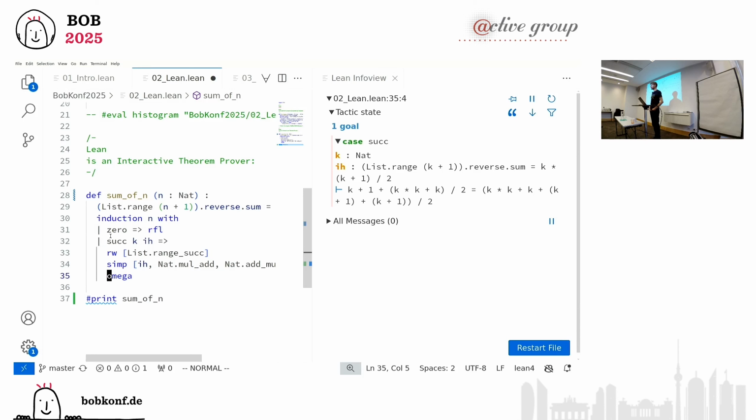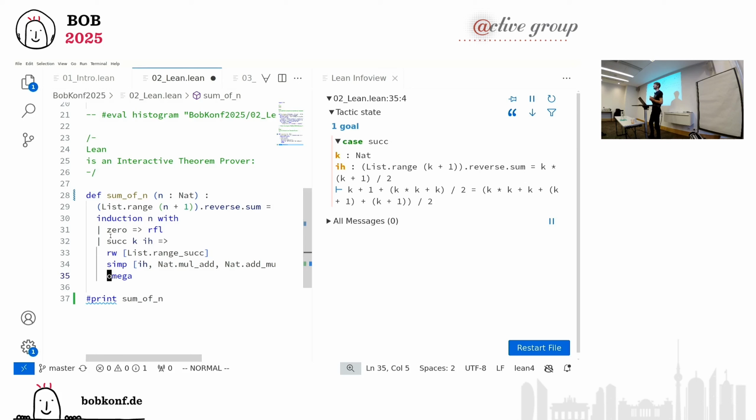So in this case, it's extreme because omega is this Presburger arithmetic decision procedure. So it can solve any kind of goal that happens to be using a certain fragment of math. And it's doing some rather elaborate process of turning it into some internal data structure, proving something there, relating it to the goal. So it's a bit like shooting with cannons.